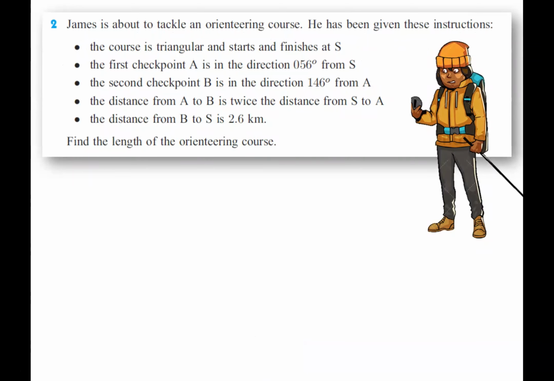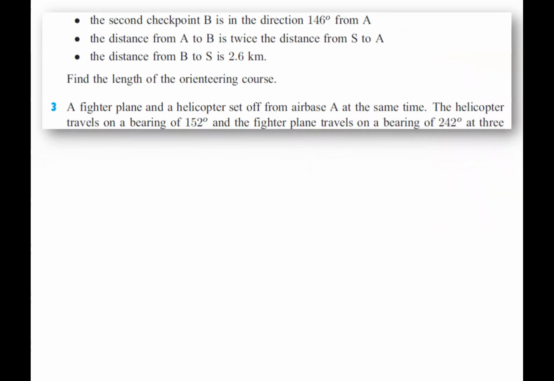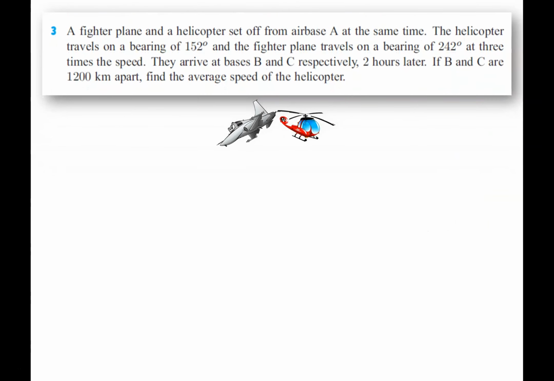We've got this young lad here. He's going to be starting an orientation course, or orienteering course, I should say. Starts at S, finishes at S, and he's going to do a triangular pathway off to A, off to B, and we'll work out all of that information using our powers of trigonometry and understanding of angles and a few other things. And the last question that we want to take a look at here,